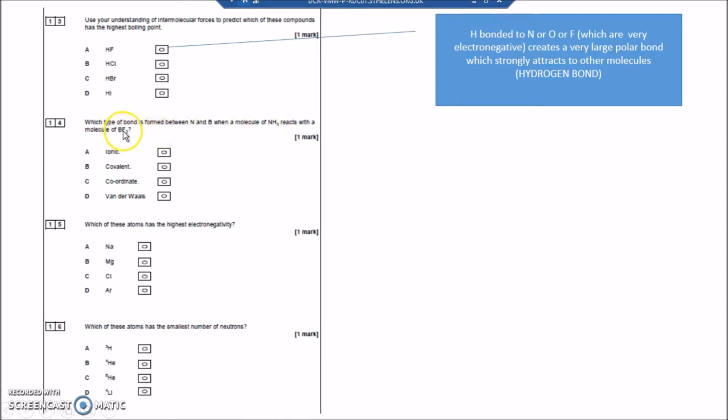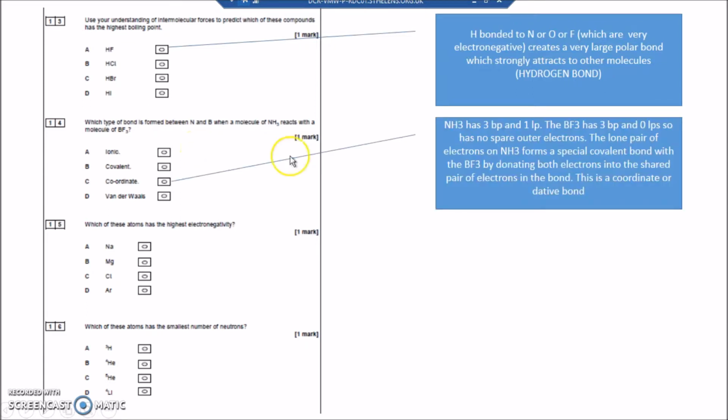The BF3 hasn't got any electrons left over because it's in group 3 and it's got 3 bonding pairs and they're all involved in bonding. So the nitrogen's got a lone pair. The boron, the B, hasn't got any electrons to put into a bond, so the nitrogen puts both electrons into the covalent bond. That's called a coordinate or a dative bond, where the covalent bond is created when both of the electrons come from one of the atoms